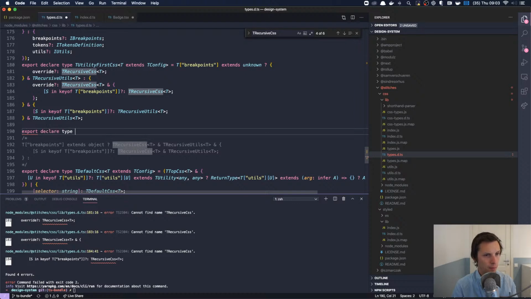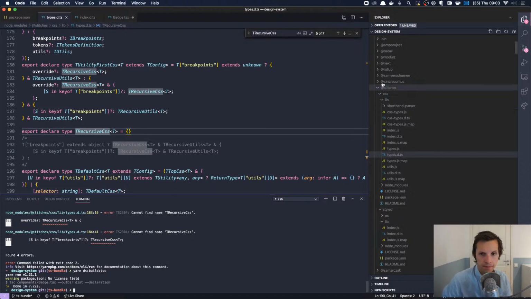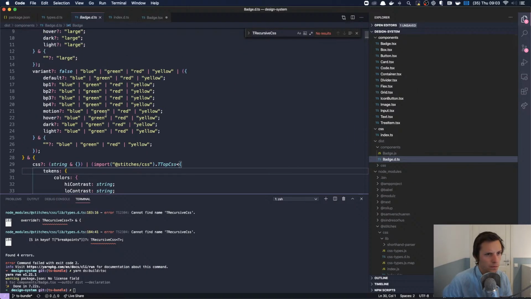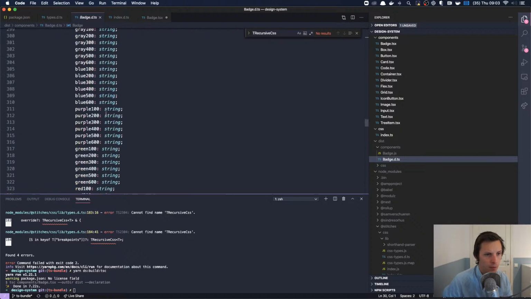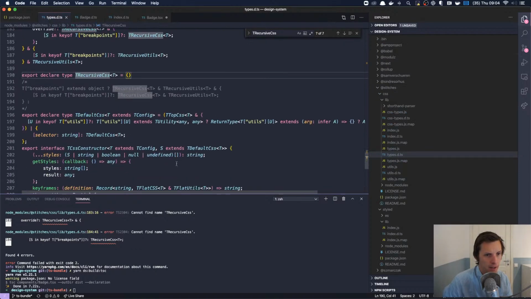Come on, type. This is so annoying. So now we're back here. We're basically where we were, which is, I guess, good, because now we have less typing.